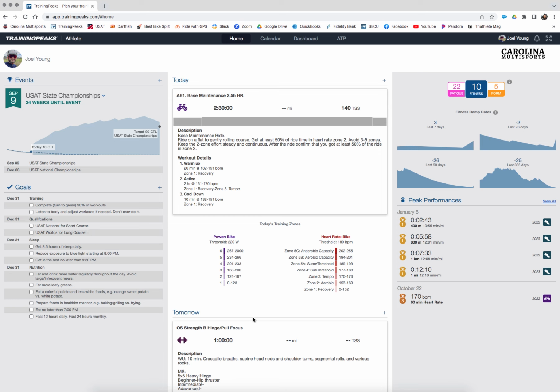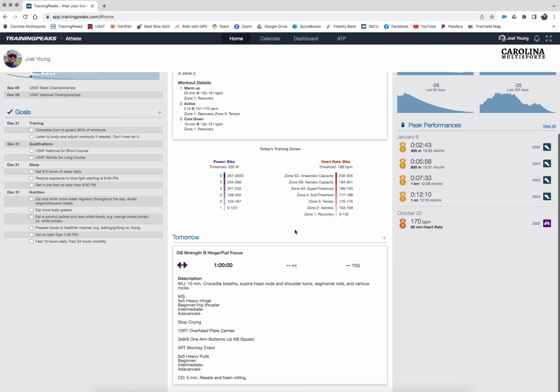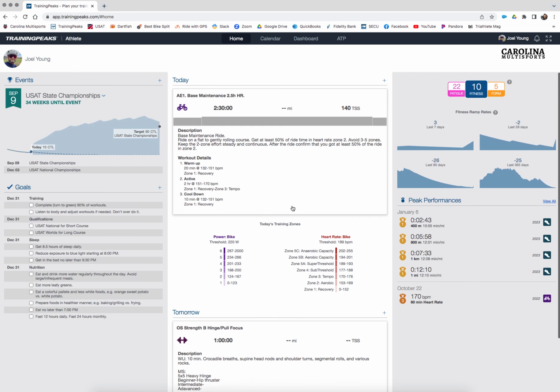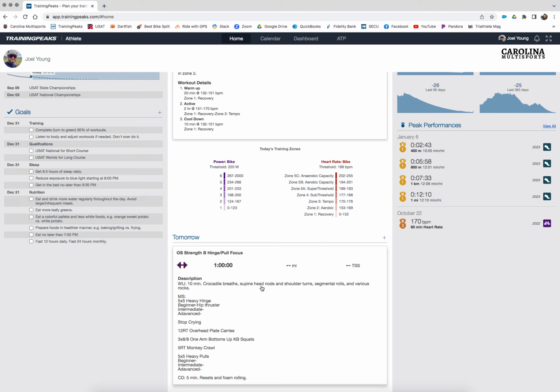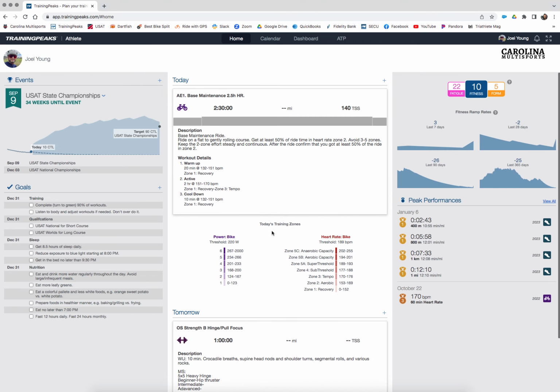Here in the middle column, we have our calendar. Just 2 days of our calendar. What's occurring today and what's going to occur tomorrow, as you see. So it just gives you a snapshot quickly so that you don't have to go to the calendar itself if you just want to get a quick snapshot of what am I doing today and what's the focus for tomorrow. It's going to be right here on your home page.